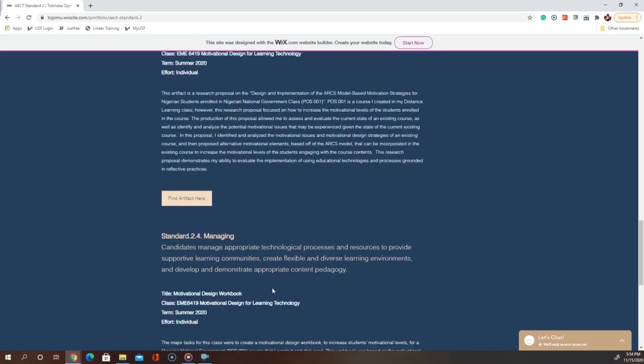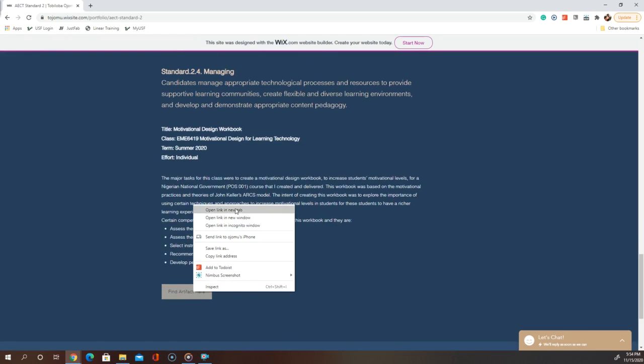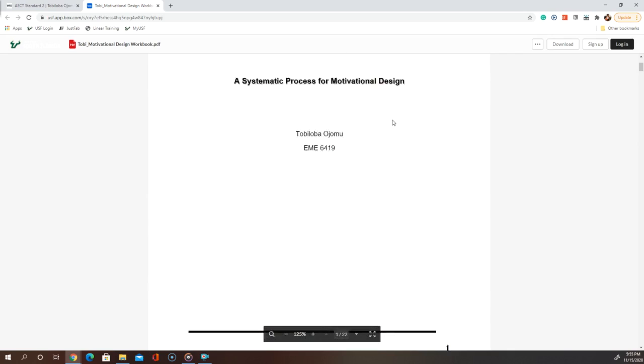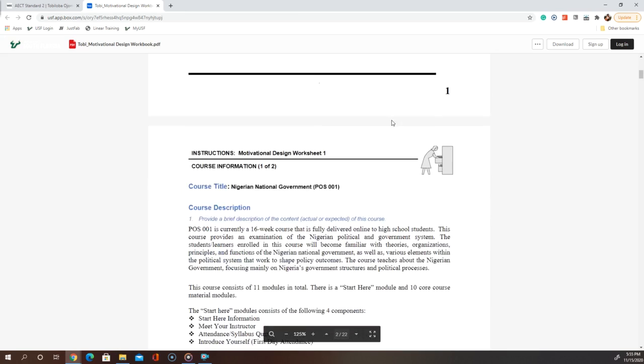The last substandard in this section is 2.4, Managing, and here a candidate is to manage appropriate technological processes and resources to provide supportive learning communities, create flexible and diverse learning environments, and develop and demonstrate appropriate content pedagogy. The artifact that demonstrates this substandard is a motivational design workbook that I also created in the Motivational Design for